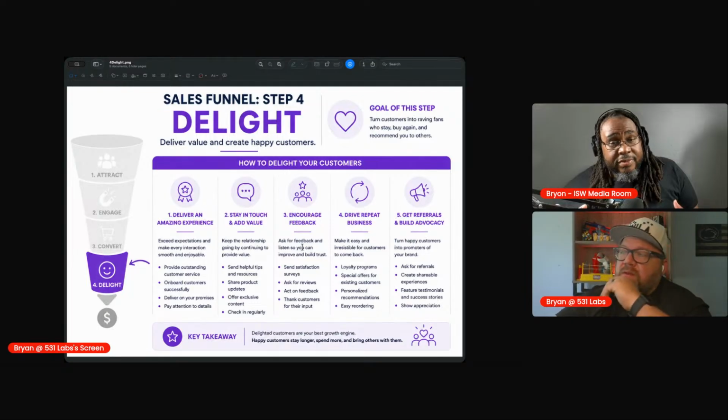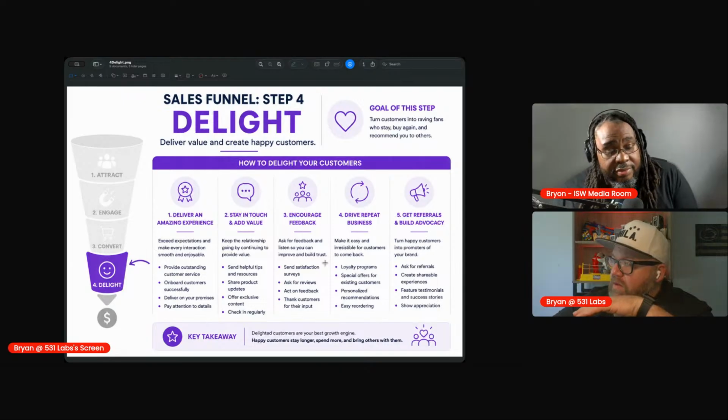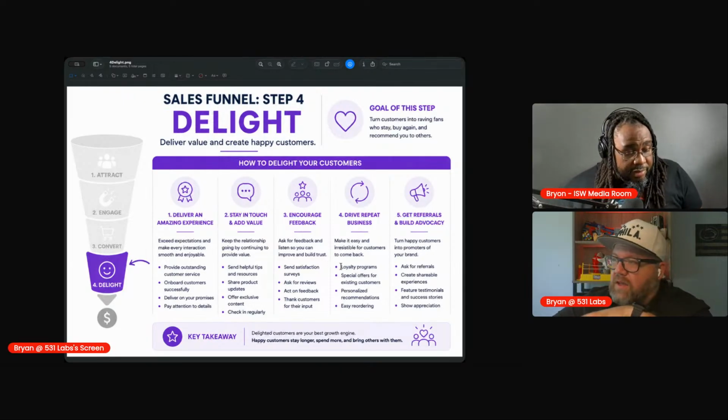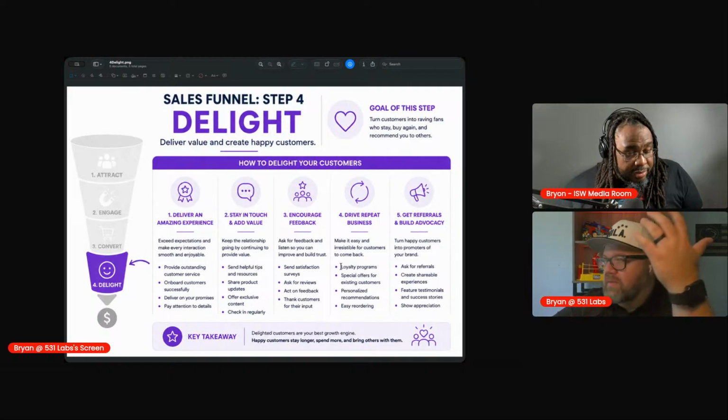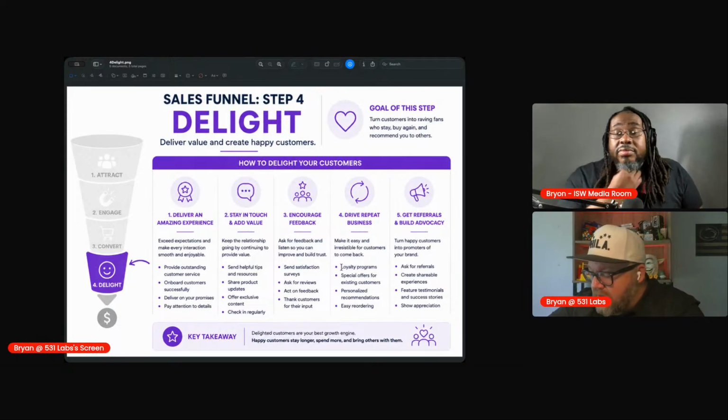And some of the more advanced things, like when you get into driving repeat business, is things like loyalty programs and stuff like that. Those are more advanced because sometimes you have to have tools to do that. But it can be as simple as a punch card. I know people do that at coffee shops. One of the best loyalty programs out there, that makes it easy to collect and